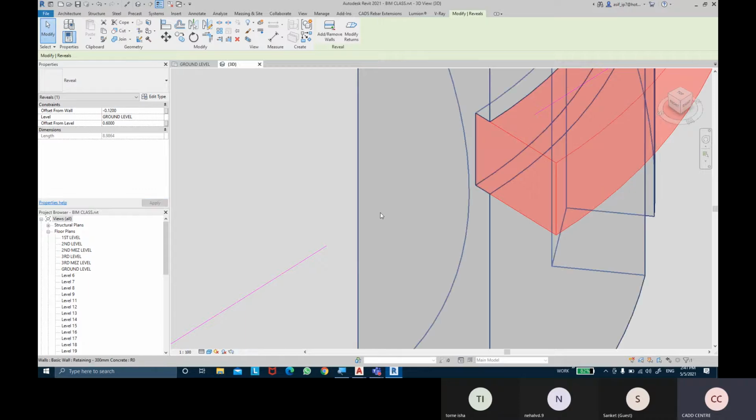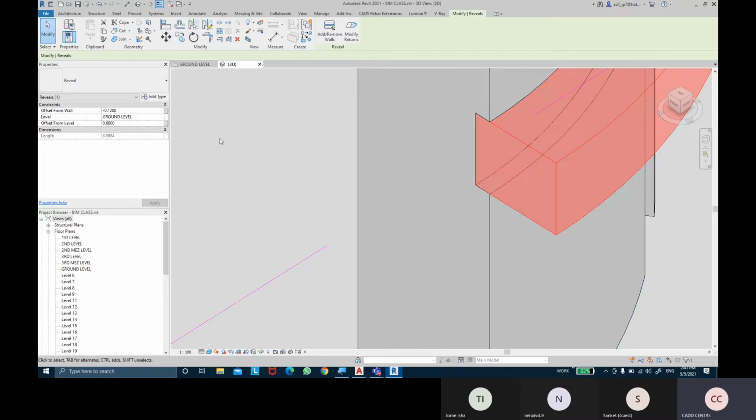negative values will pull the reveal outward, and positive values will pull it inward. If I give positive 10 mm, it will push in. If I give positive 20 mm, it goes in.